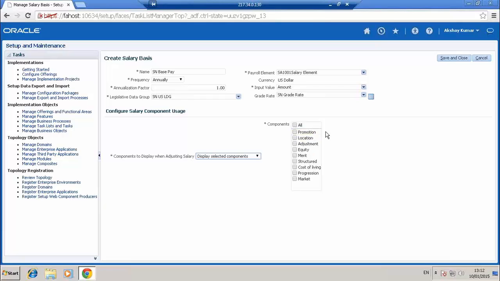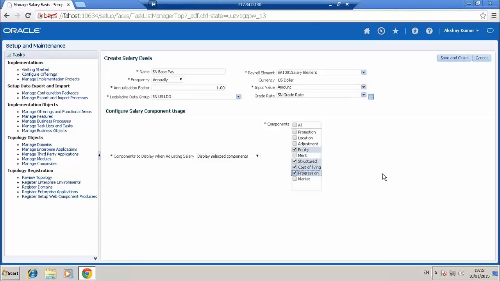So for each component I can give a value. Normally it is like equity, cost of living, or the salary, market, and everything. I can select these options, and if I click OK, these components will be available for display when I am giving a salary for an employee.